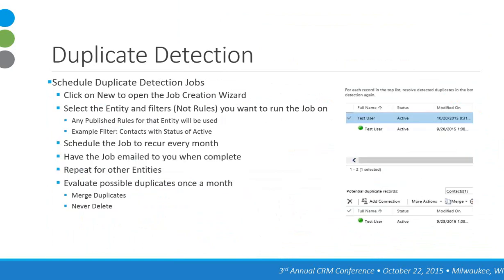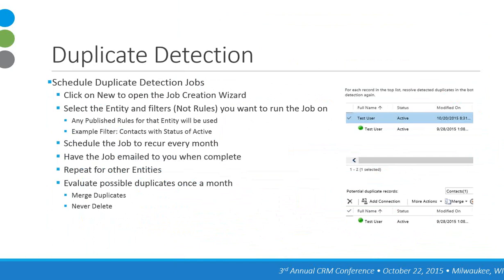Now in this section, it's just kind of a list view, and you can click New Job. It will give you a wizard to walk through to create that job. And then you need to select some filters that select what data that job is going to run on. So an example here is contacts with the status of active. So what that'll do is it'll filter all the contacts and only check the active ones, and then it will run any rules that are published on the contact record,